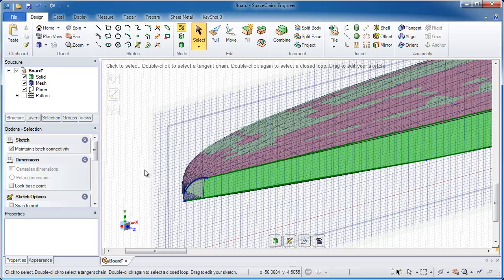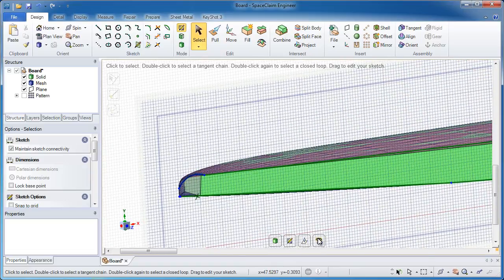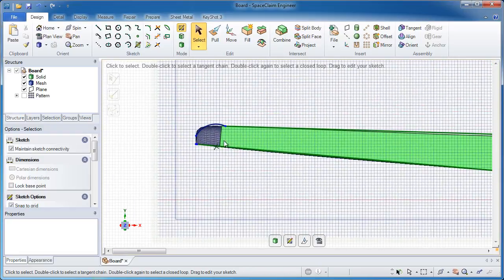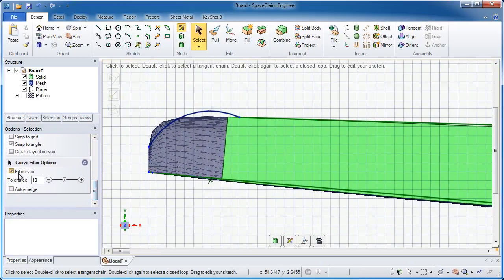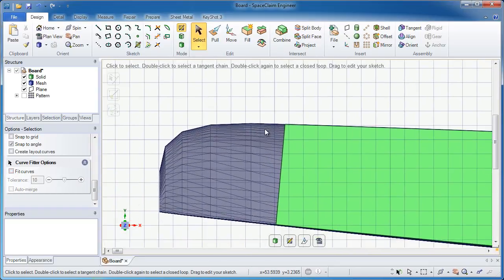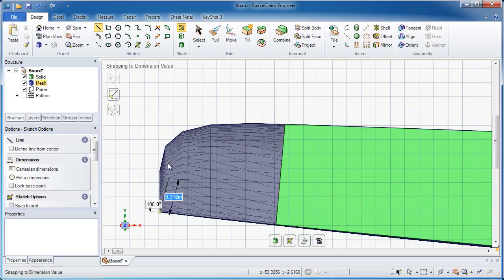Now, at this point, I don't want the preview of the curves that SpaceClaim is trying to generate. Those are just sort of getting in the way. They're not exactly what I want, the fit curves, so we'll go ahead and turn those off on the left-hand side. So I really want to draw out the profile right through the middle here,